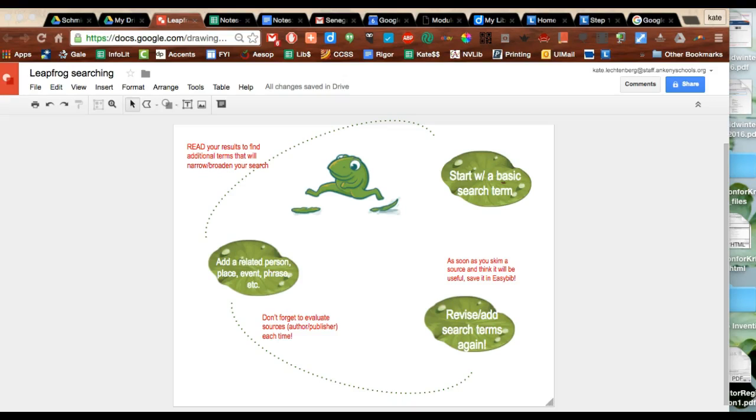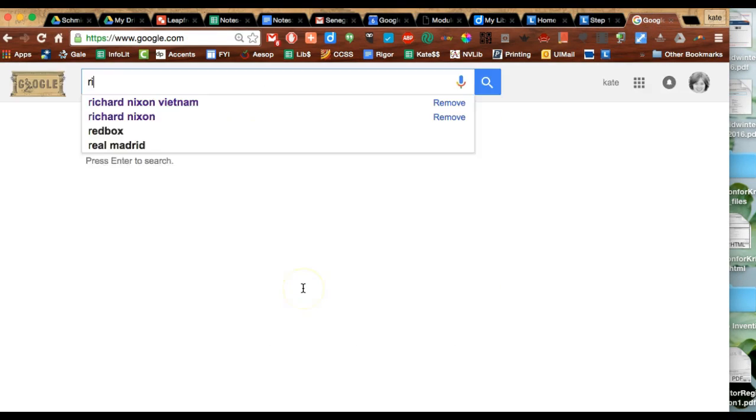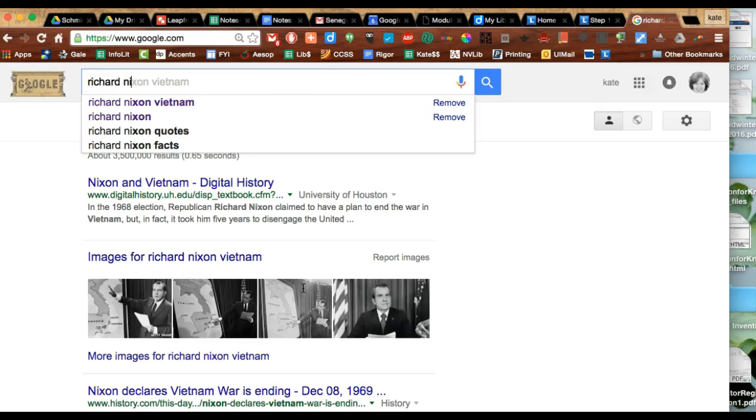So I'm going to show you a search strategy that I call Leapfrog searching to help you move from a basic search to one that will give you more specific sources related to your topic. Okay, so we're going to start with a basic search term. For example, if I was researching Richard Nixon, obviously I would start with Richard Nixon,